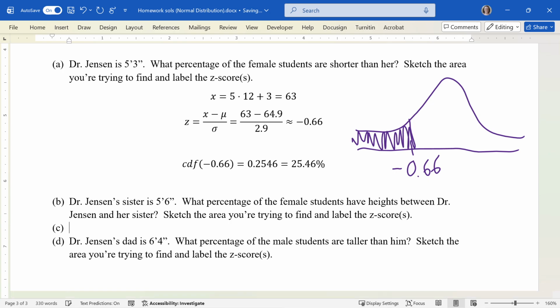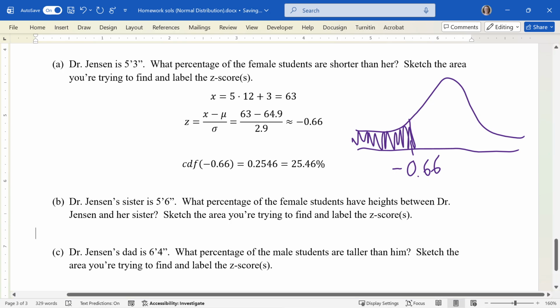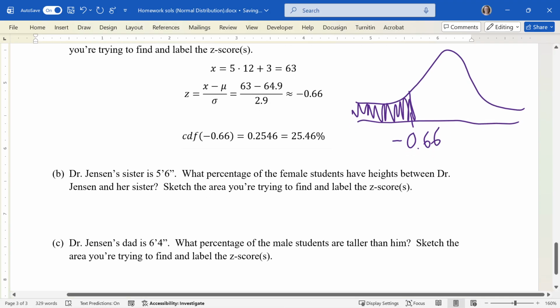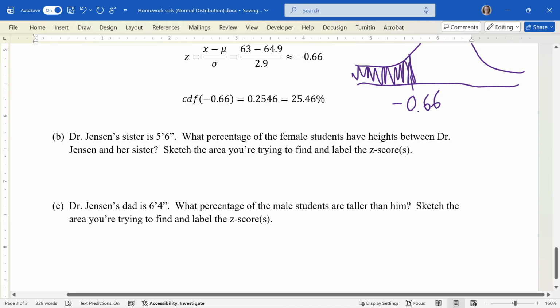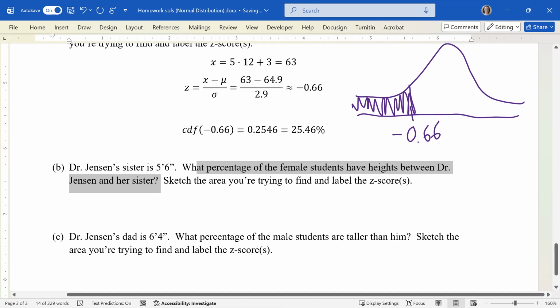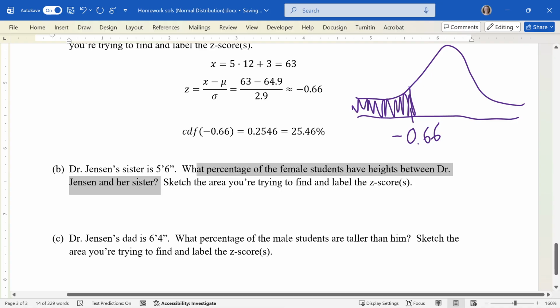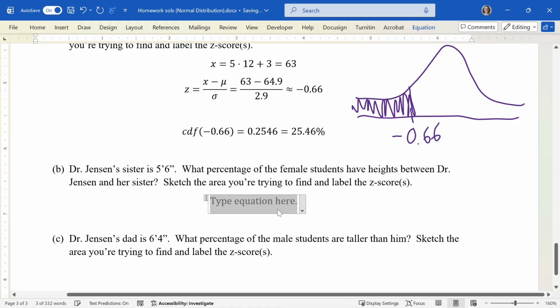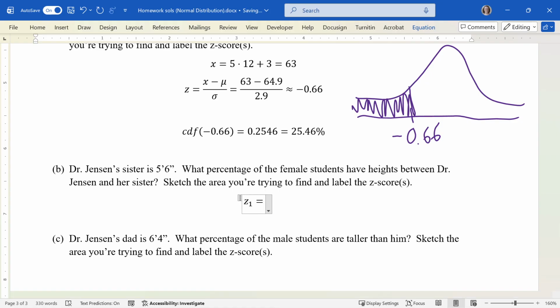Okay. Now my sister, let's see where she's at. So she has the glory of being 5'6". So we're going to find out what percentage of female students have heights between my height and my sister's height. So now I have one of the z-scores and one of the CDFs, and I need to go ahead and get the other z-score and CDF. So my z1 from the last part is 63,